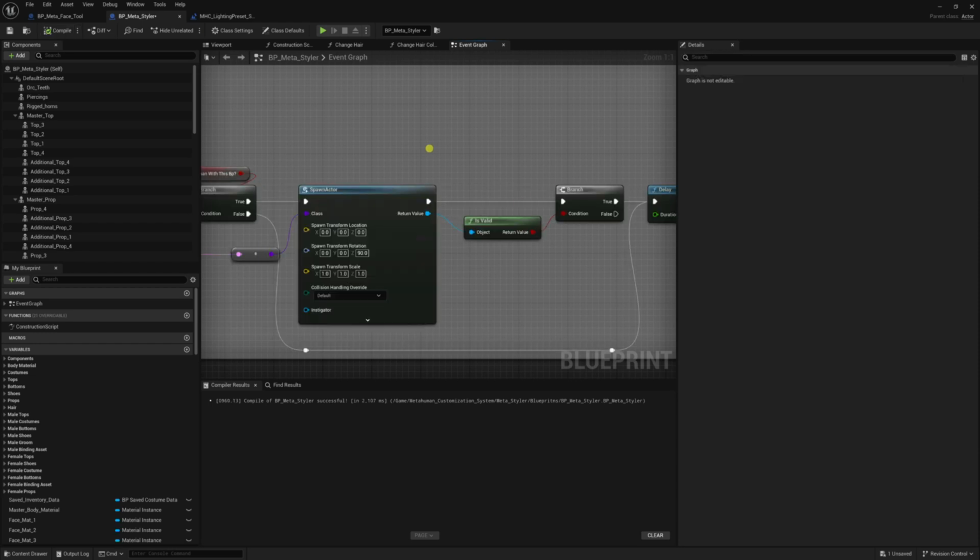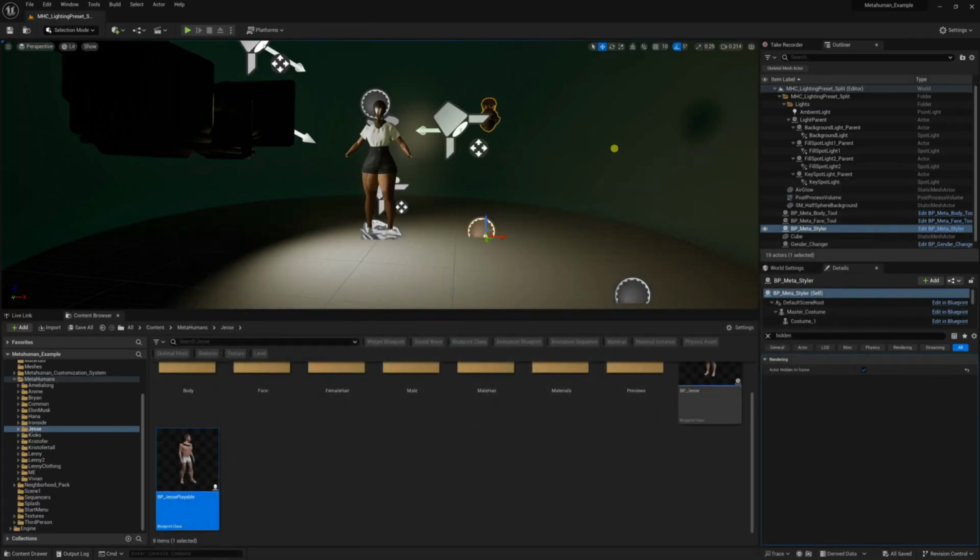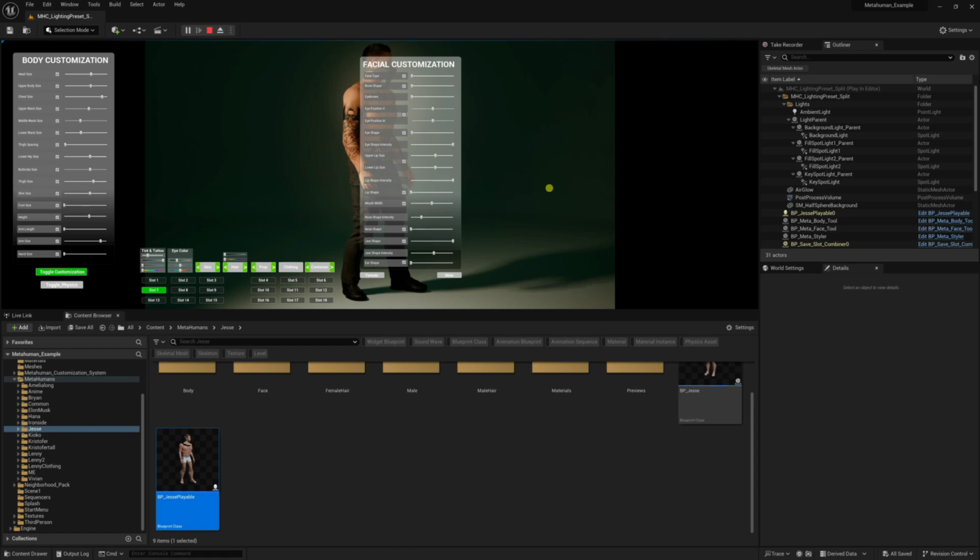So once you've done this, this is almost permanently just for a playable character now. You have to reset the settings if you want to use this for just plain old character customization without a playable character. Now if I press play,